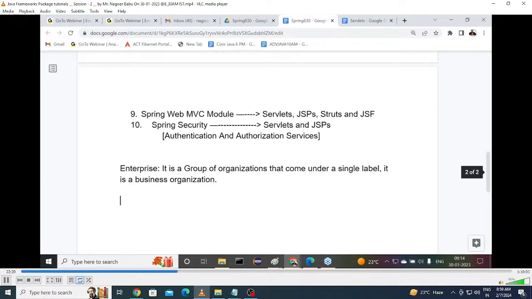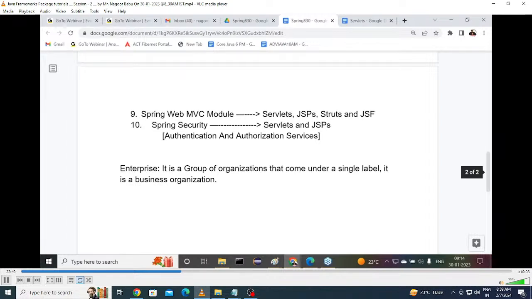Now tell me, is Durga Soft an enterprise or not? No, not at all. Durga Soft is not an enterprise. Why? Because Durga Soft does not have any other domain. Durgasoft is in training and a little bit in development. That was previously. Now at present we are not maintaining any development center. Previously we had a development center at Madhapur. We stopped it just before this corona. Now Durgasoft is purely on training only.